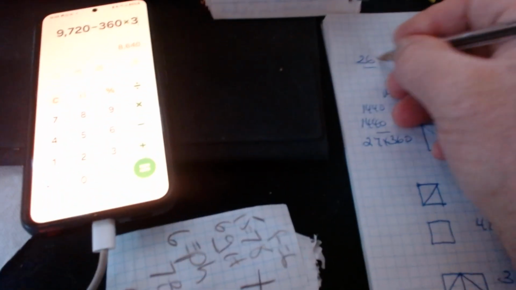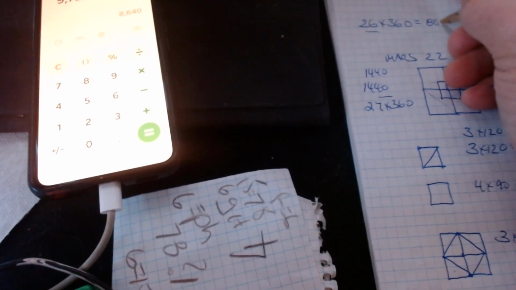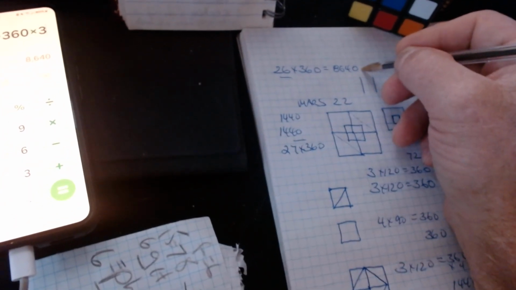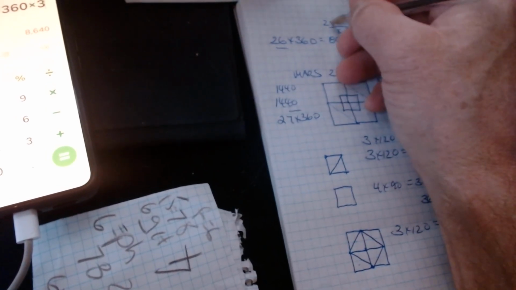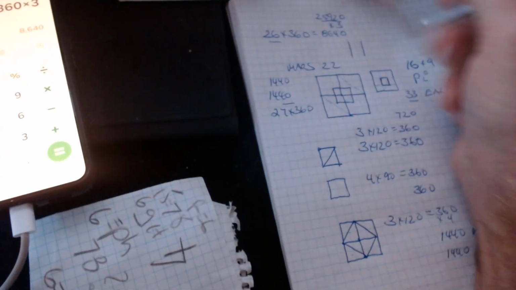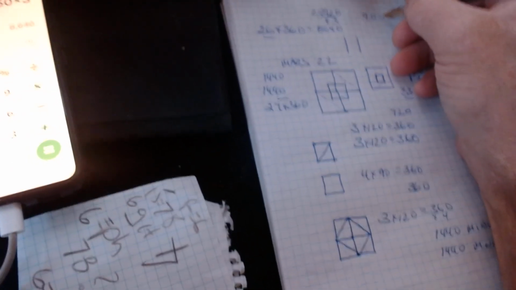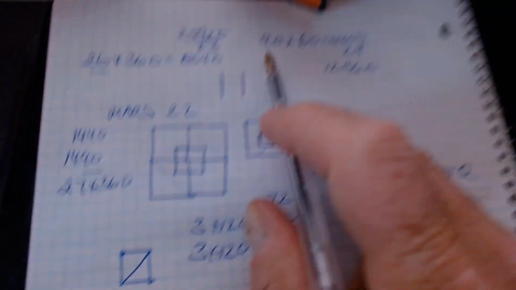So if each block was 360, you go 26 by 360, okay, equals a total of 8640. The sun diameter is 86,400 and millions. The minutes in a day are 86,000. And when you multiply this by 3, it becomes the count of the Mayans of 25,920. Also can be equivalent to what is 90 times, just give me a second, which equals to